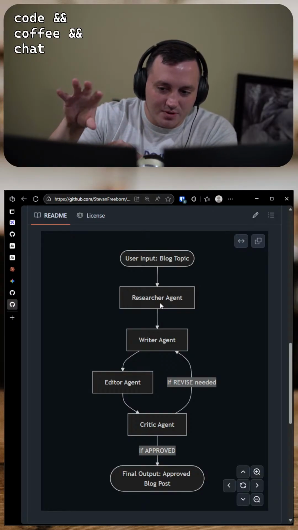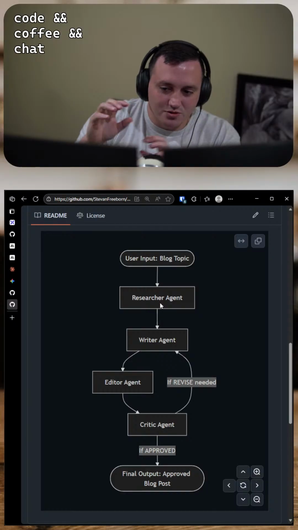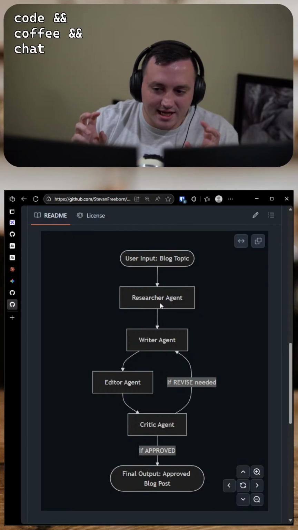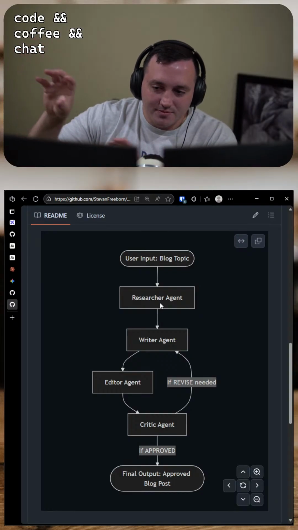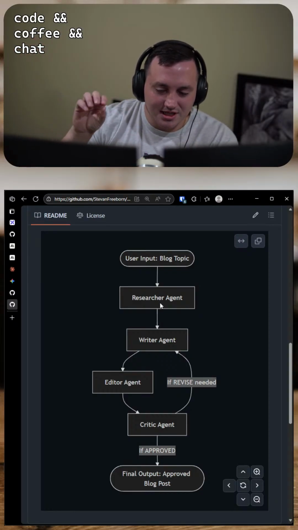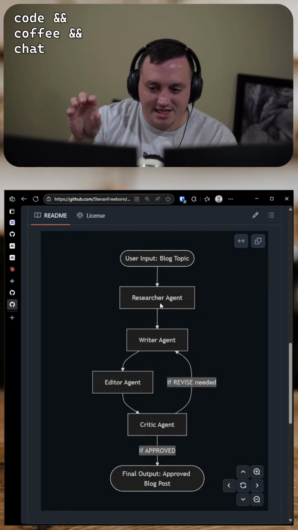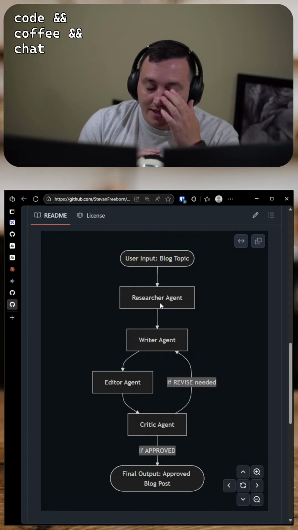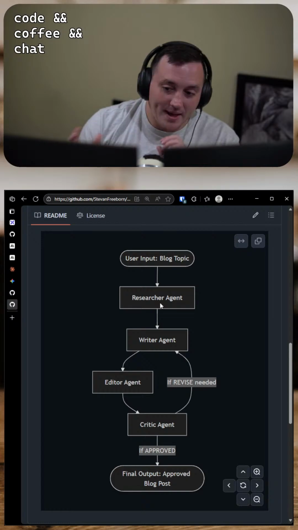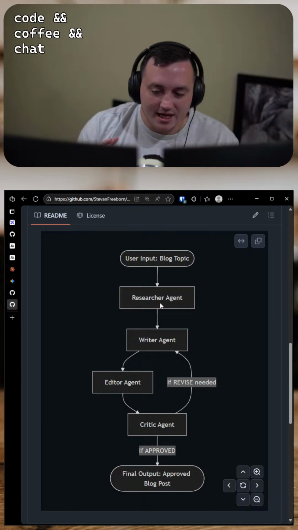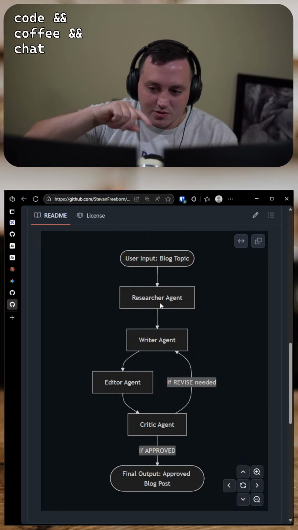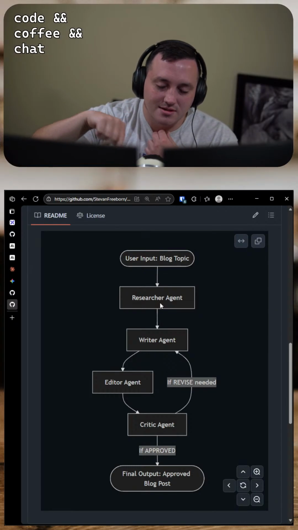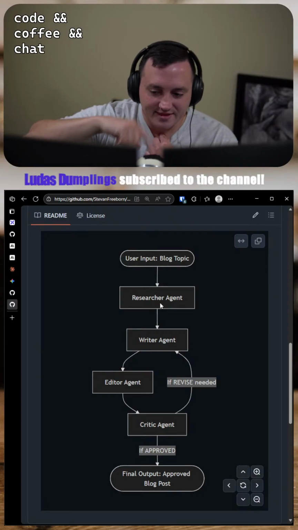Then we'll take the blog post and pass it to another agent whose identity is an editor. Again, these agents, we're still talking to the same LLM. The only difference from agent to agent is the system prompt, the instructions that agent has been given, the identity, the rules of the road, and then maybe the ability to call a tool or not. And then once it passes through this editor and critic loop and there are no more revisions needed, it'll finally write the